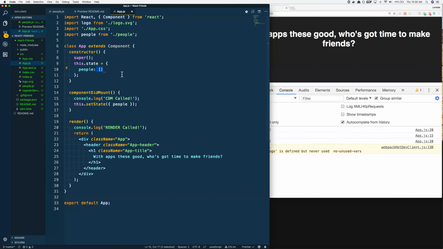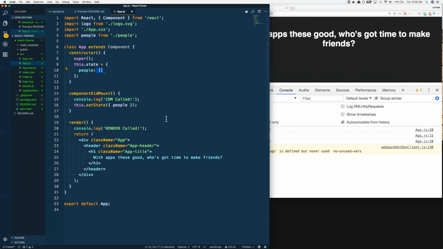So you used component will mount yesterday. That's totally fine. It's going away, but it's not gone yet. So I would go and just refactor it to component did mount. That's it. I'll add a commented out note in my file that's going, yep, there you go. And then we can circle back to that